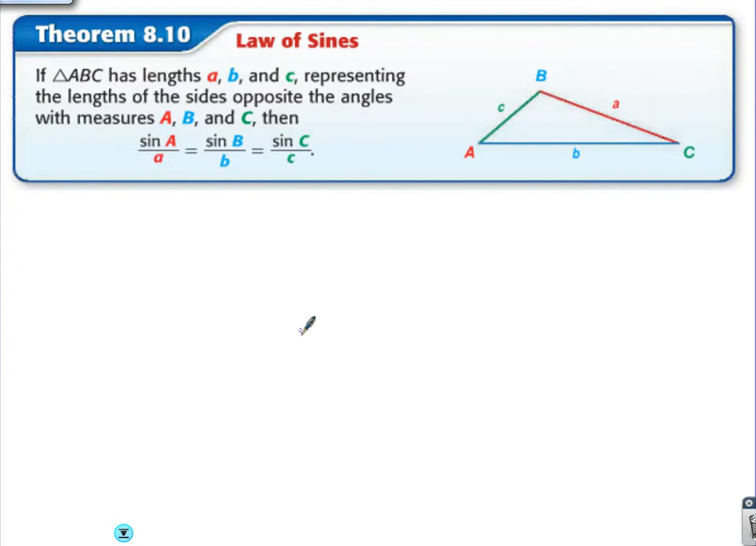Here we go. Up to this point, we've dealt with the sine, cosine, and tangent of right triangles. The reason this is so important is most things that we construct, most things that we build, contain right angles. We talked about SOHCAHTOA,